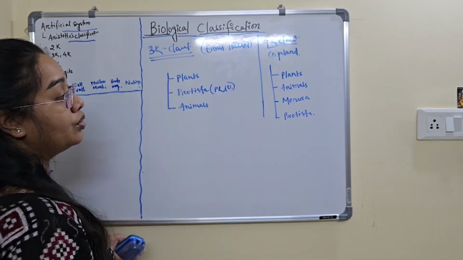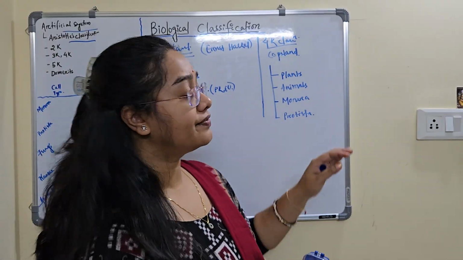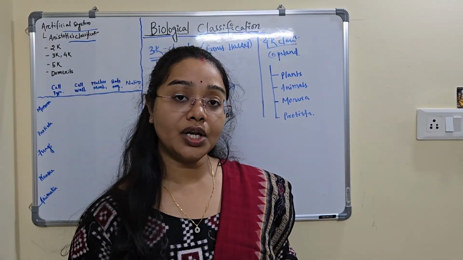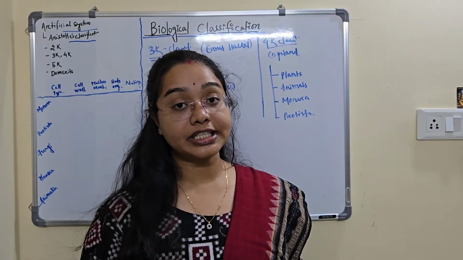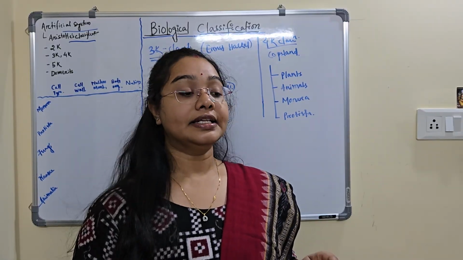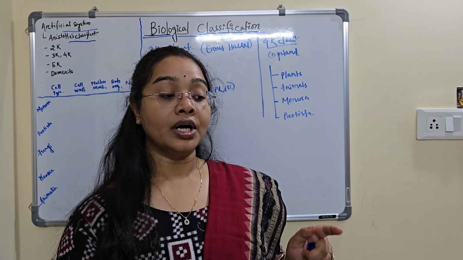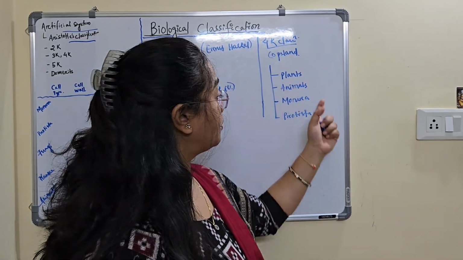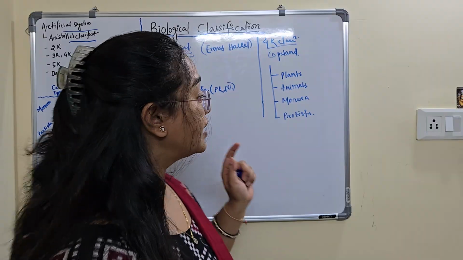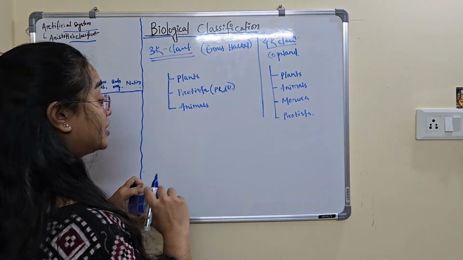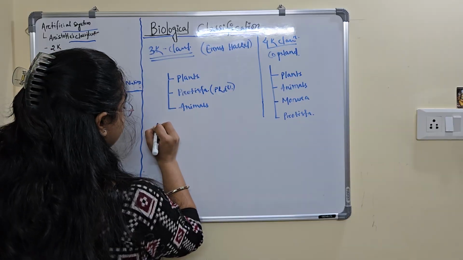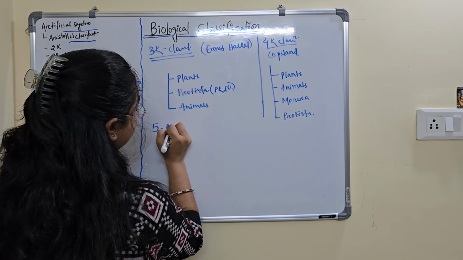Okay, so here we can see the fungus have not been separated because the fungus, as we all know, are heterotrophic organisms. They do not have chlorophyll. They are heterotrophs, and also their cell wall is made up of chitin, and they are very different from all these groups. So the need to put the fungus in a separate group was felt, and thereafter the five kingdom